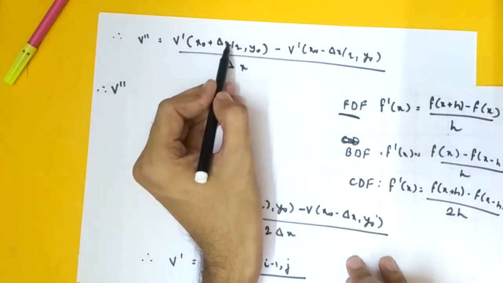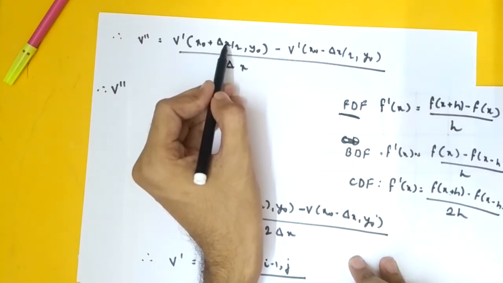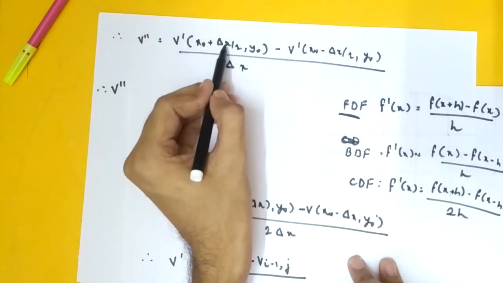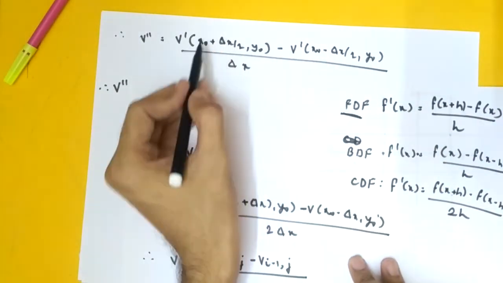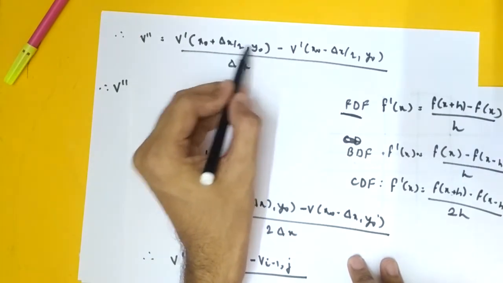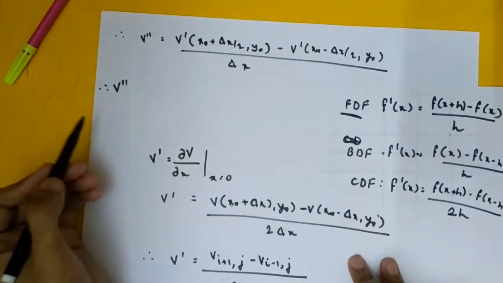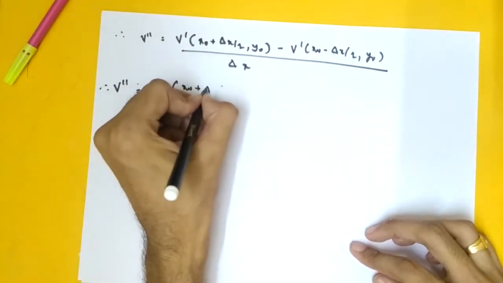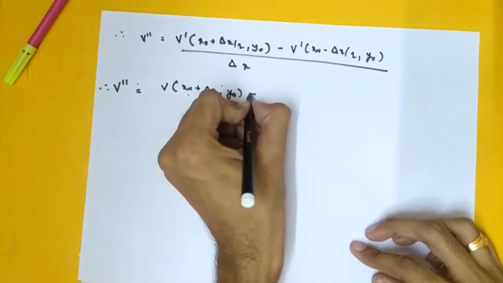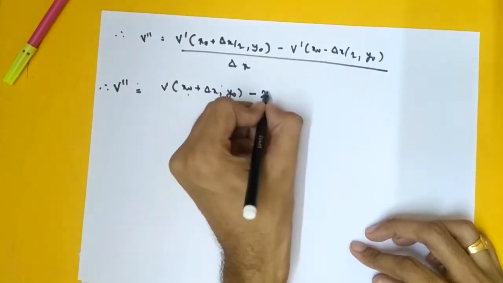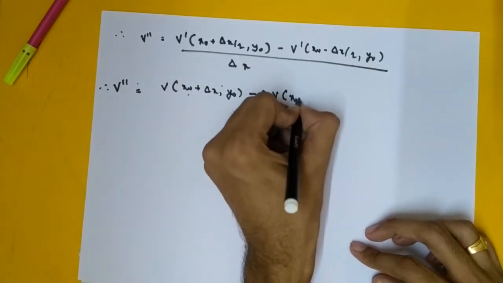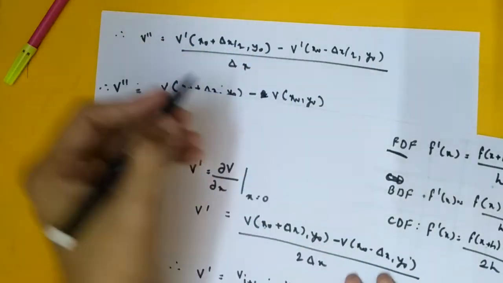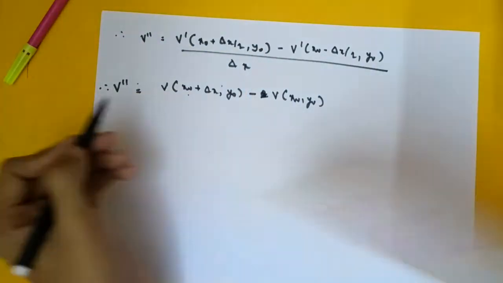So h is how much? Delta x by 2, right? So it will be what? x naught plus delta x by 2 is x now, right? And h कितना आ रहा है? प्लस डेल्टा एक्स बाय 2. सो x नॉट प्लस डेल्टा एक्स बाय 2 प्लस डेल्टा एक्स बाय 2, तो क्या होगा? x नॉट प्लस डेल्टा एक्स कोमा y नॉट, right? So it will be v prime of x naught plus delta x comma y naught minus v of x naught comma y naught, because delta x by 2 minus delta x by 2 होगा, पहले प्लस किया तो अभी माइनस होगा, right?